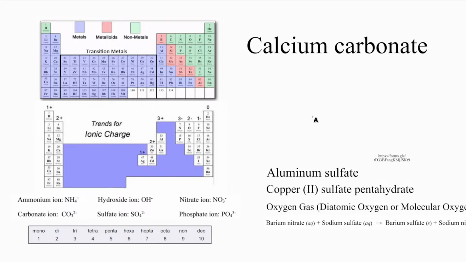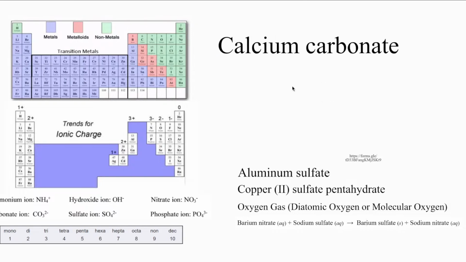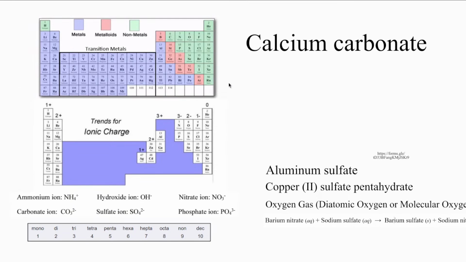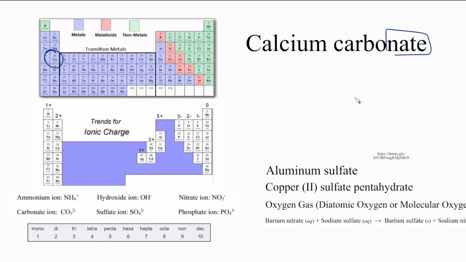So calcium carbonate. When you're looking at calcium carbonate, you know that calcium is going to be a metal right here. Where's calcium? Right. Nope, that's cesium. Calcium, Ca, right here. But carbonate, when it ends in ATE, it's not on the periodic table. It's going to be a polyatomic ion, and in this case, it's the CO3 2-. So you're right. Calcium and then carbonate, CO3